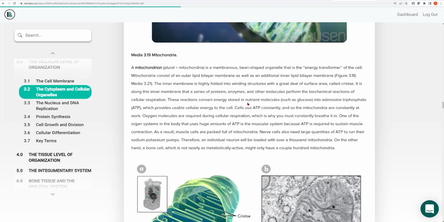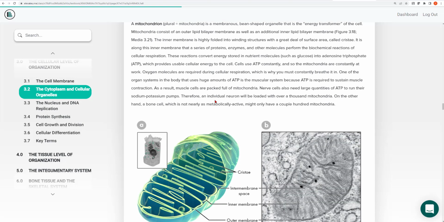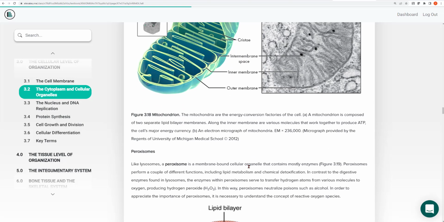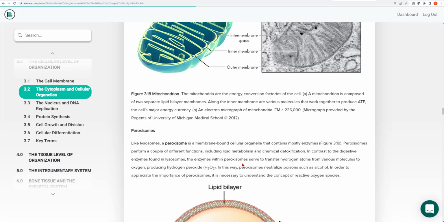Muscle tissue takes a lot of energy for your muscles to work. It takes a lot of energy for your heart muscle, your cardiac muscle, to work. It takes a lot of energy for your nervous system to send electrical signals all over the body. So your muscle cells and your nerve cells have a higher concentration of mitochondria than, for example, a skin cell, which isn't in the business of needing as much energy. I'm not worried about the specific structure of a mitochondrion. So don't worry about the cristae and the spaces and the inner and outer membranes. Just know that it is the organelle that produces ATP.